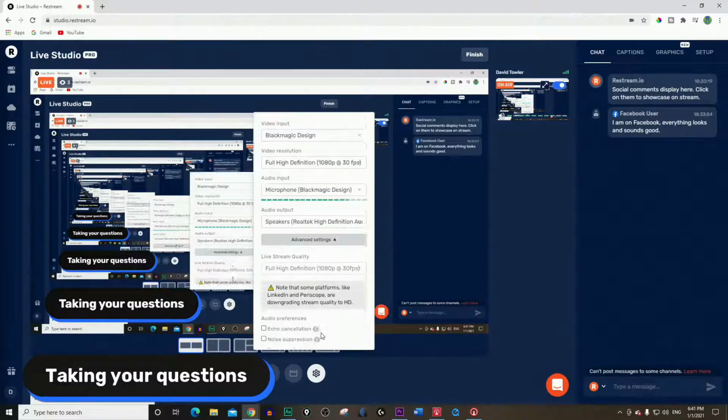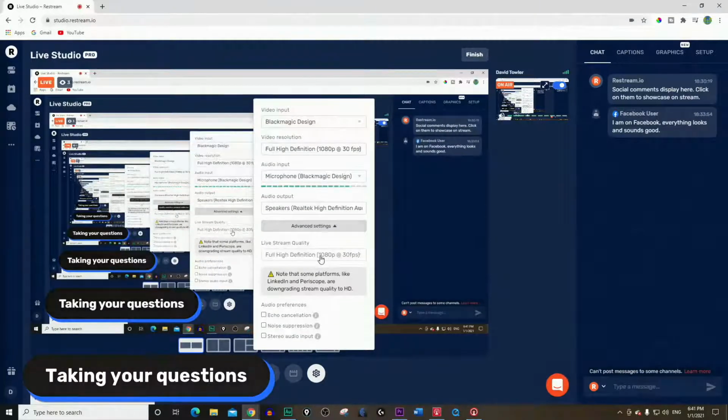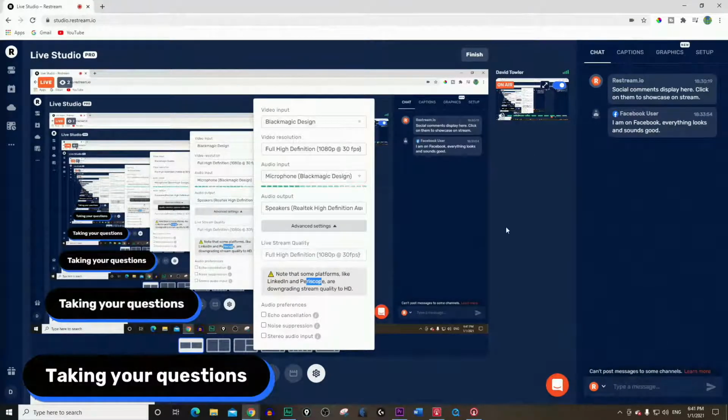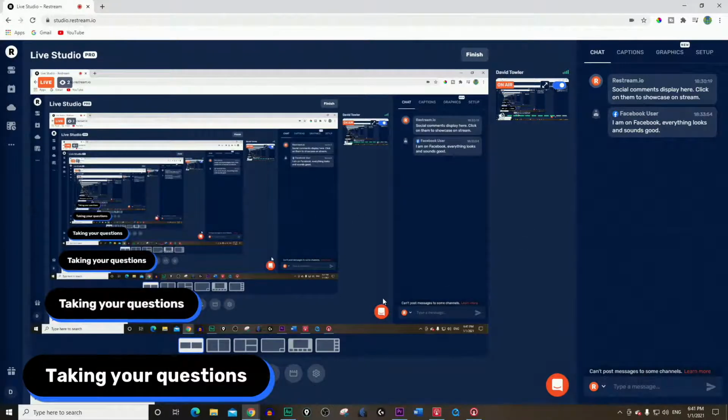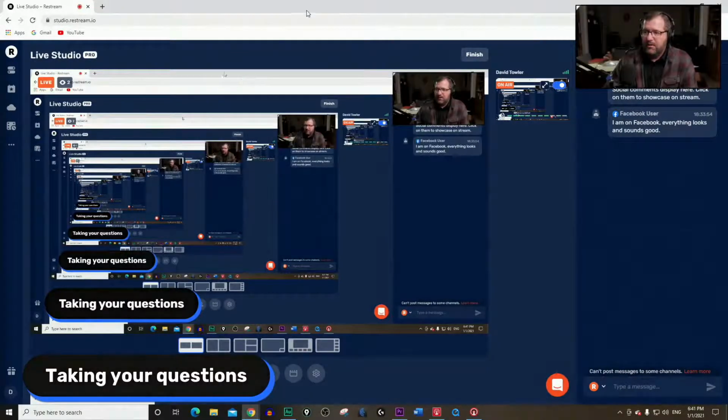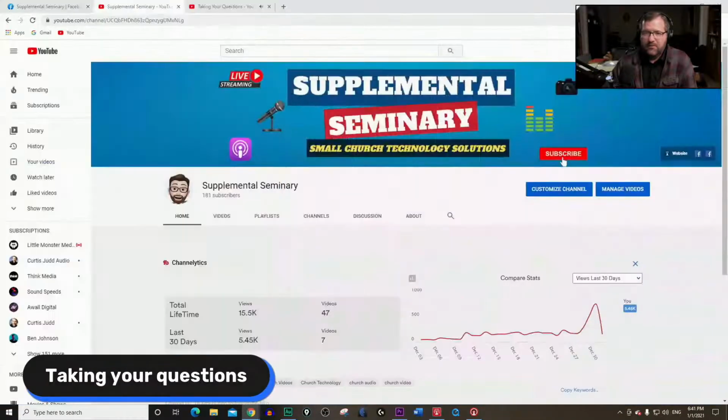If I go to advanced settings, it says down here, which I've already chosen and can't change now, full high definition 1080p at 30 frames a second. Of course, it gives me a warning that LinkedIn and Periscope are downgrading their stream quality. But for right now, I want to stream in the highest quality possible, because that does matter. You don't want a grainy shot, or a shot that is hard for the person to see.